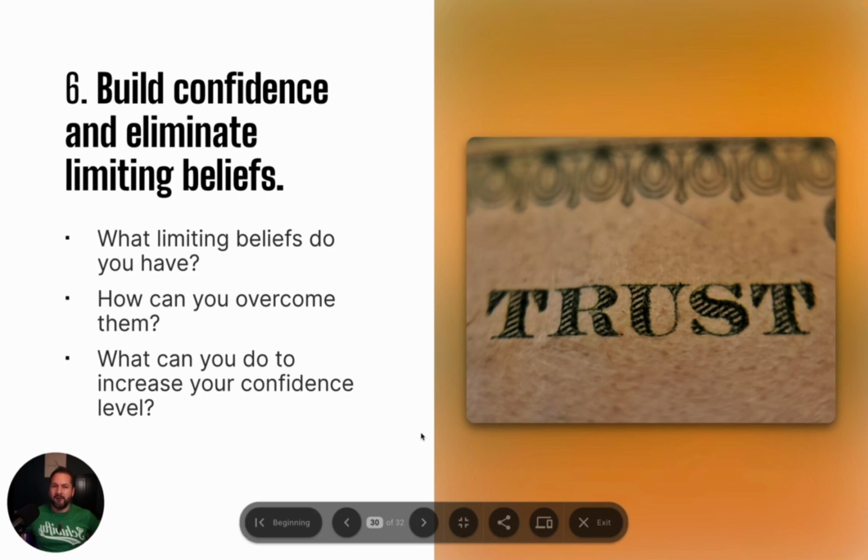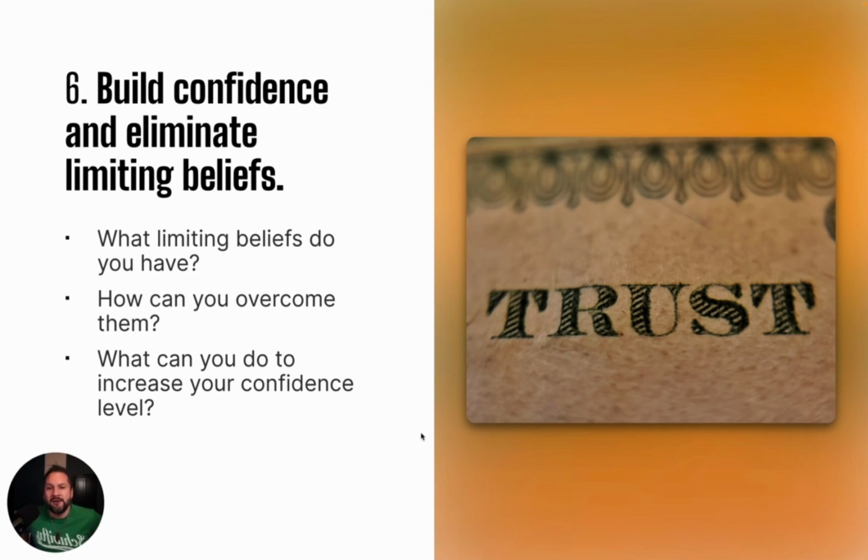Number 6, build confidence and eliminate those limiting beliefs. Now, what limiting beliefs do you have? You've been identifying some things. We're on number 6, everybody. So you're very aware, as you've been doing this exercise, of what's coming up for you, what has been your limiting belief. And I'm going to go deeper because most of y'all that are working with me, this is not your first rodeo. Okay. So yes, on one level, you could have a limiting belief that it's not possible at all. Hopefully we're not working with anybody in here that's got that issue, because this is advanced. We're talking about advanced stuff here.